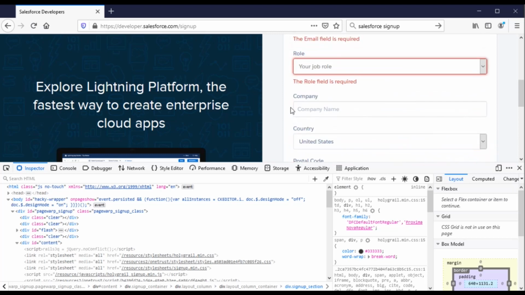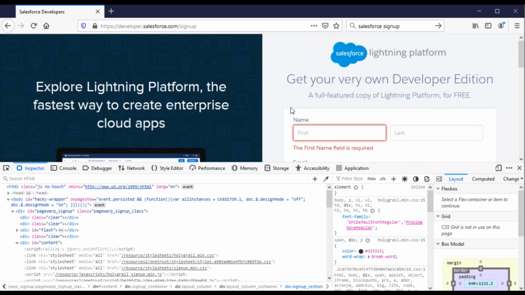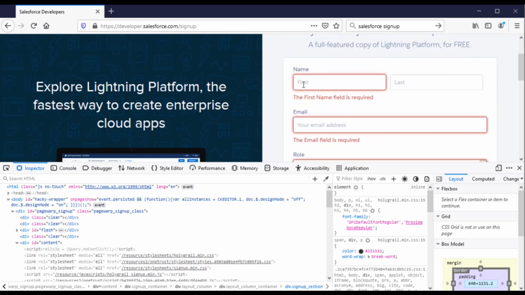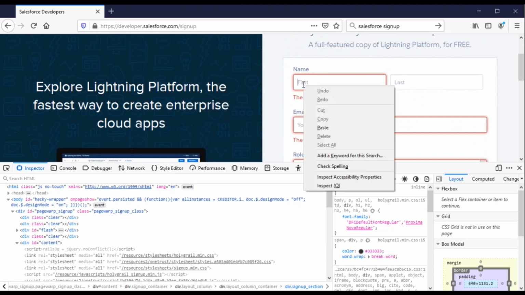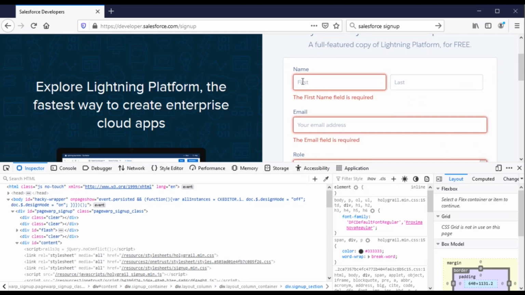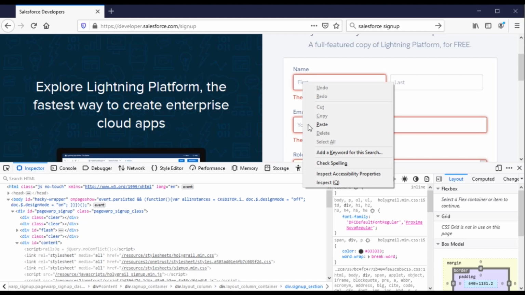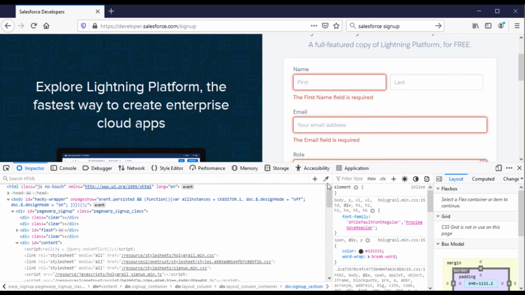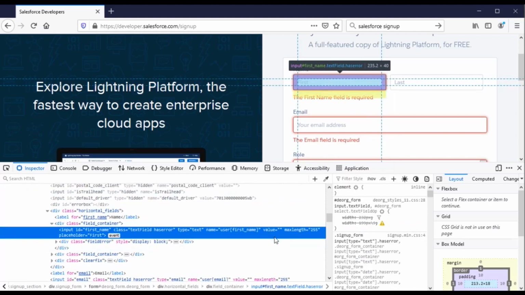Here I want to locate this first name input box, right? So I will simply right click on the text box and click on inspect, so it will show me the correct element for the particular